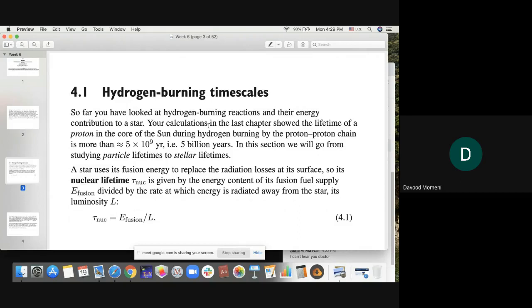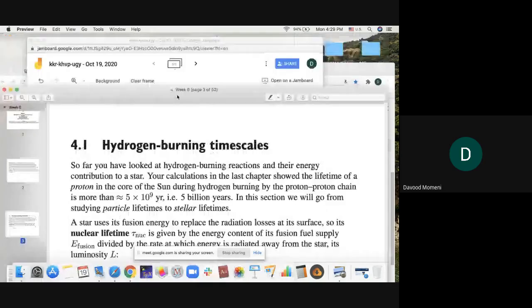We talked before about the lifetime of the proton, because star formation is started by the proton-proton nuclear fusion reactions. Any nuclear fusion reaction is started by proton-proton nuclear fusion. And we estimated that if you have a proton-proton,